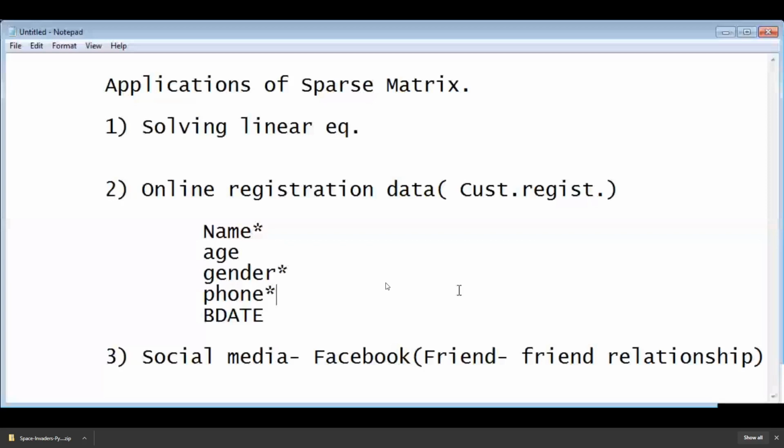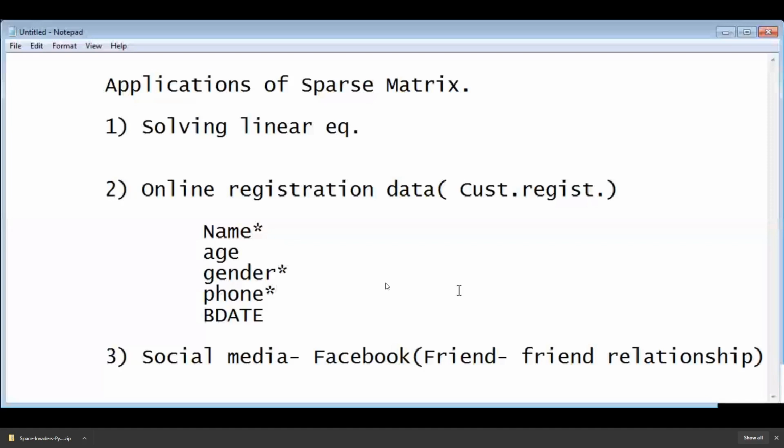With someone, if there is a friendship, a positive number is there; if not a friend, a 0 is written. Like in a sparse matrix, 0s are written, but we have not counted them in that format. The same is true for Facebook itself. All are there, but not a friend of one another.